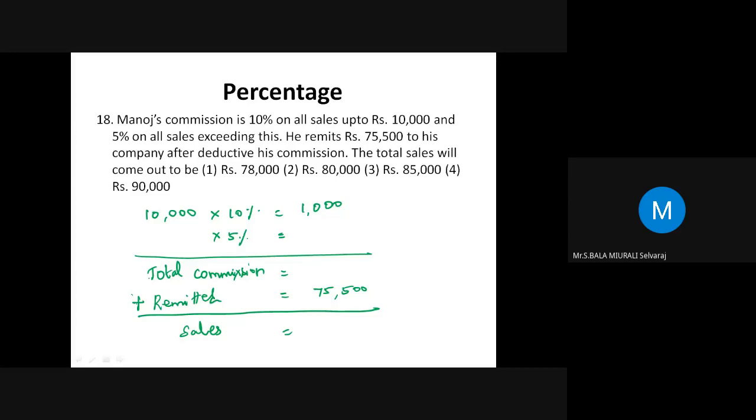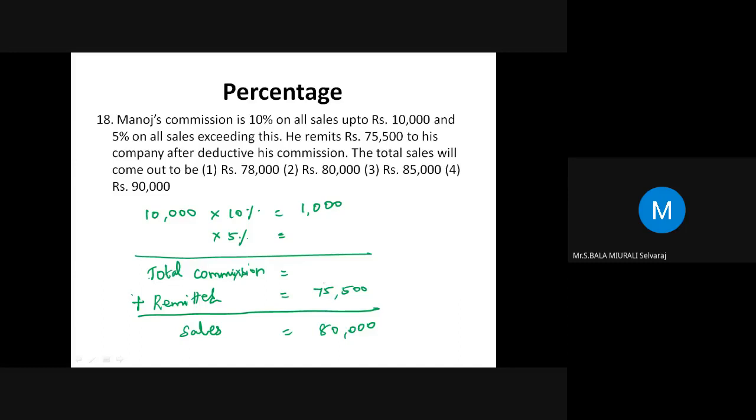That is, from the answers, we are going to do reverse work. Since I know the answer, I can take the answer directly. I don't want to waste time. So 80,000 is the total sales. Assuming one by one, we would need to go by trial and error. So 80,000 is the right answer. I will show you why it becomes the right answer.